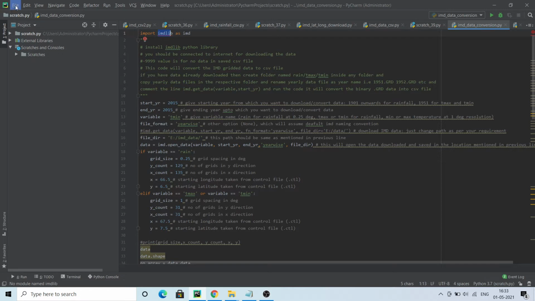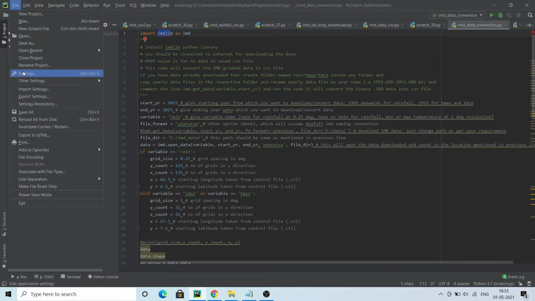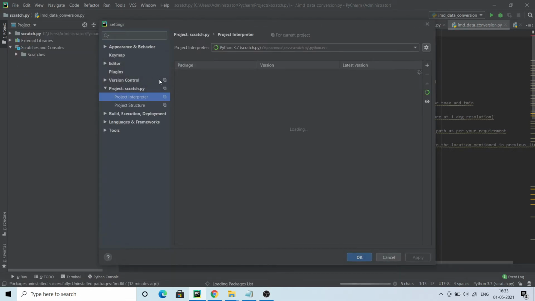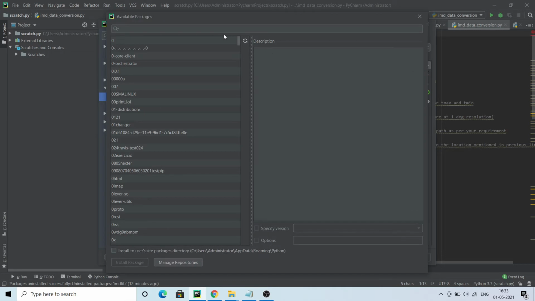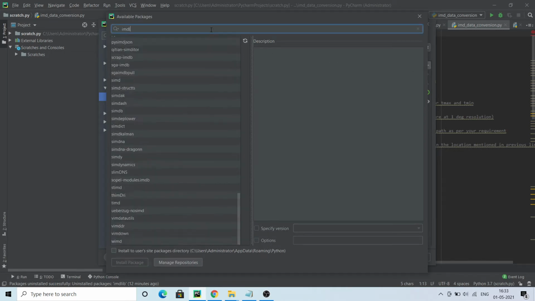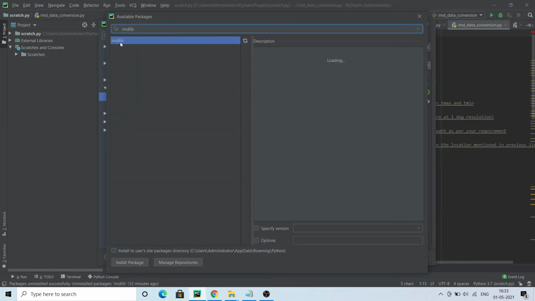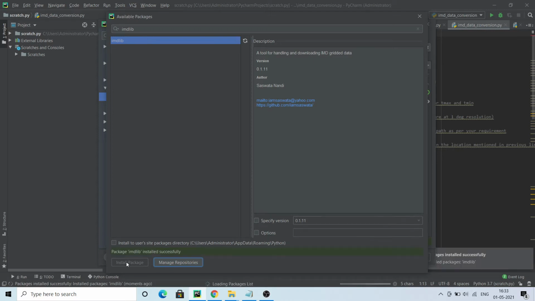Go to settings, project interpreter, and select your Python environment, like I'm using Anaconda. After that, add a package, search imdlib, click on it and install package. That's very easy because you're using PyCharm; no need to use the command prompt. You can directly install, and it says package imdlib installed successfully.